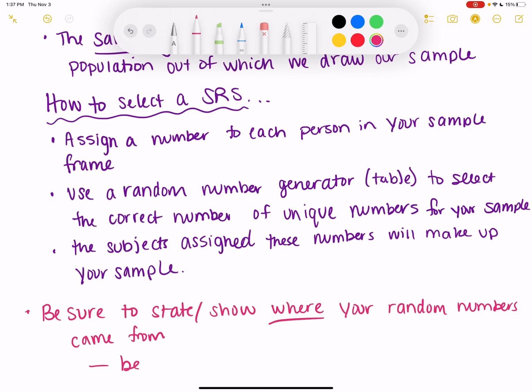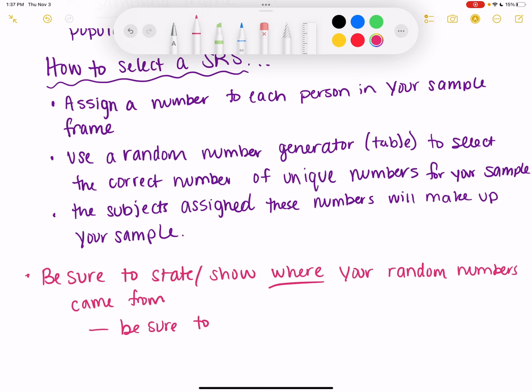Be sure to state the link between the chosen numbers and the people in the sample.